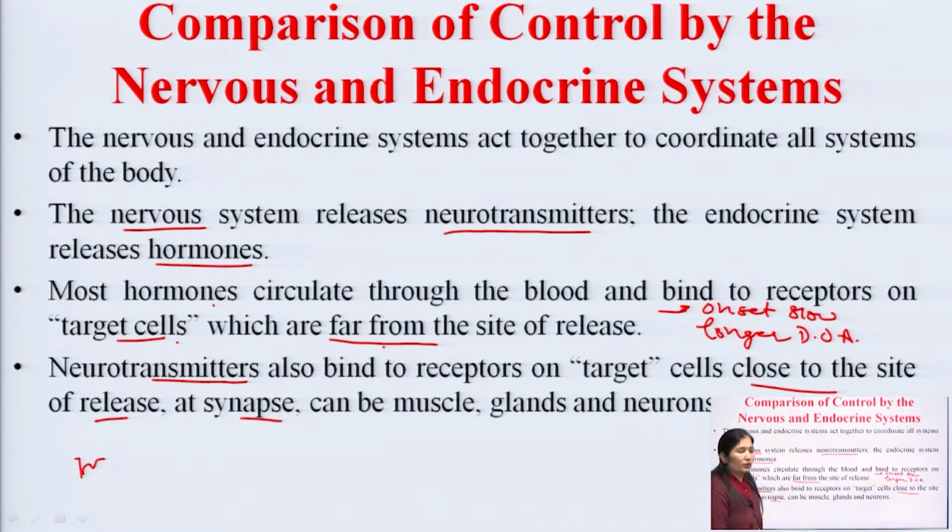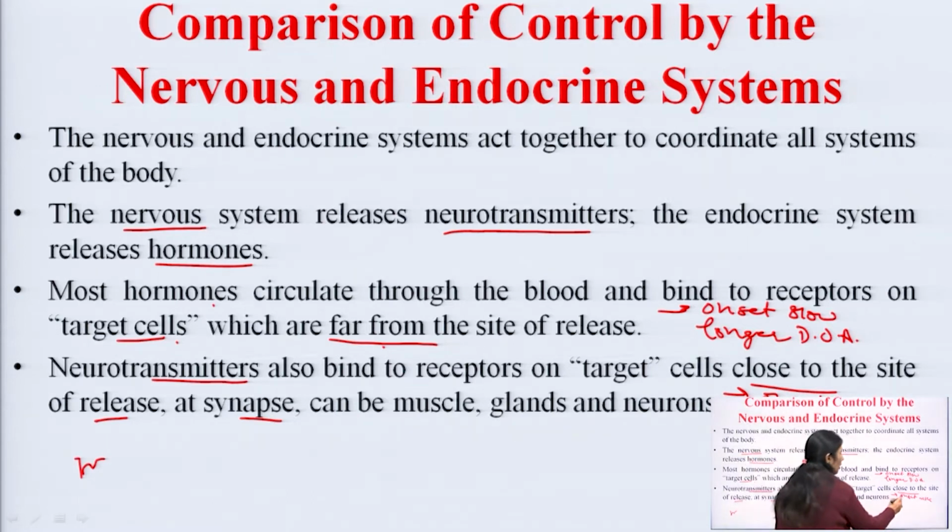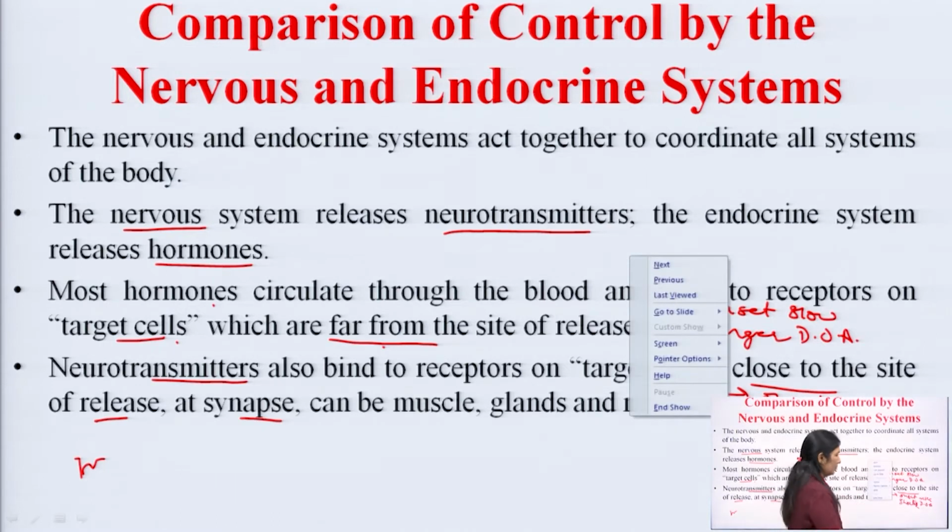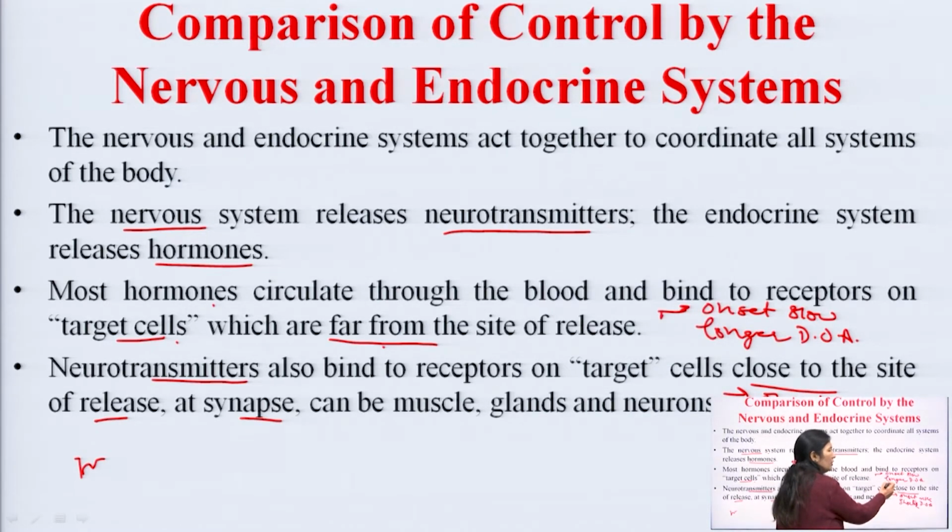In the case of neurotransmitters, they produce immediate action, with onset within milliseconds, and a shorter duration of action, that is, their action terminates easily. Hormones have slow onset and longer duration of action, while neurotransmitters have fast onset and shorter duration of action. So, these are a few basic differences between the nervous system and endocrine system, but both systems are important to regulate